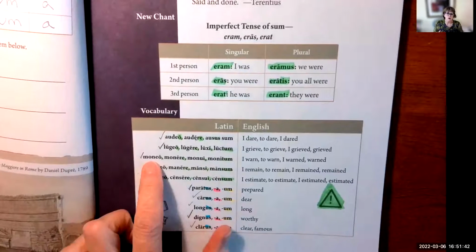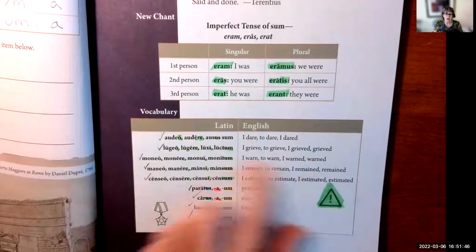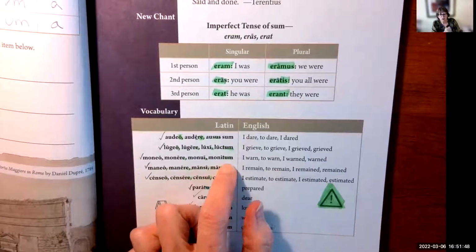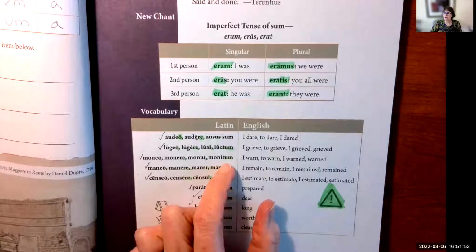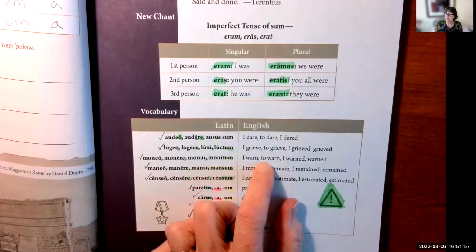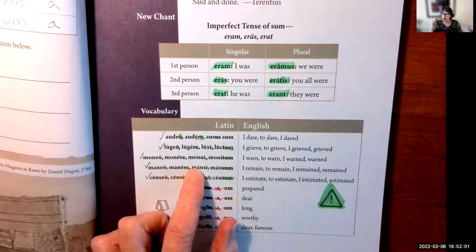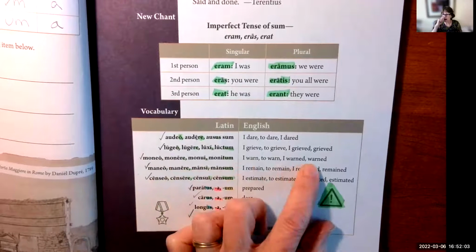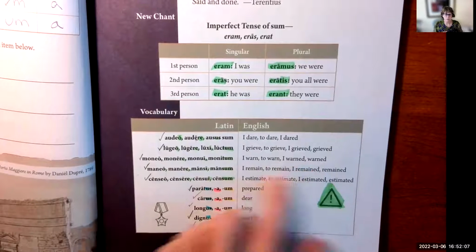Okay. Moneo, monere, monui, monitum. I warned, to warn, I warned, warned. Love this word. I love this verb. The verb admonish, to admonish. The Bible admonishes you. People admonish you. Be careful. Watch out. Okay, that's a good word. We need to be admonished. Admonish one another, right? Warn one another. Today, if you hear his voice, harden not your heart, right?